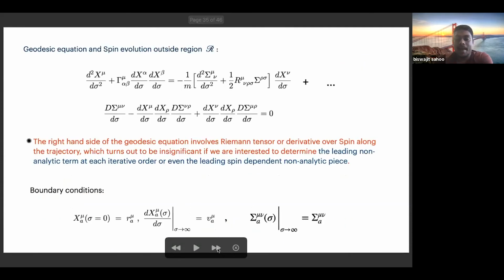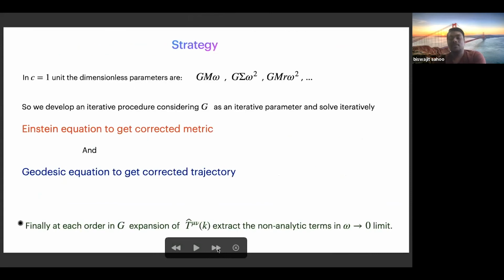And a similar thing happens for the gravitational energy momentum tensor also. You can add higher curvature terms, R to the power 4, R squared, all these terms, but since they all involve more derivatives of the metric, that gives more powers of omega, so they will contribute at more subleading order in the omega expansion. And so the strategy will be basically we have to solve the Einstein's equation to get the corrected